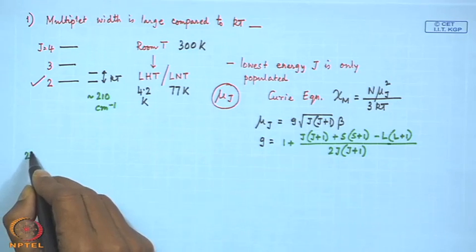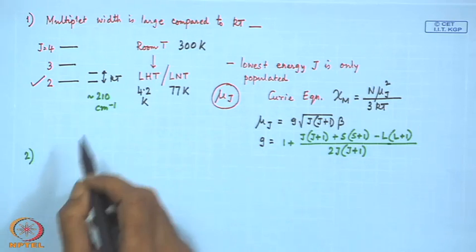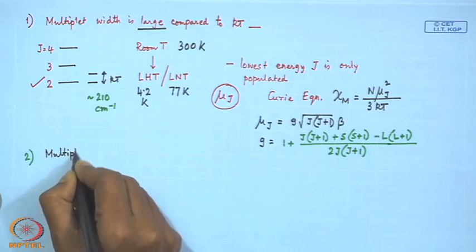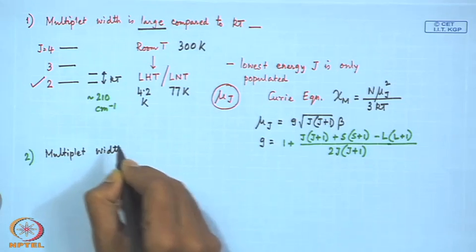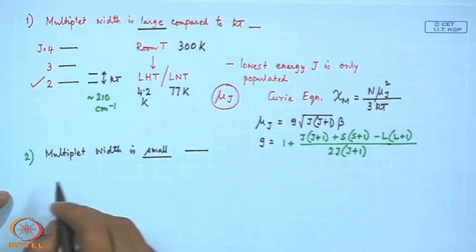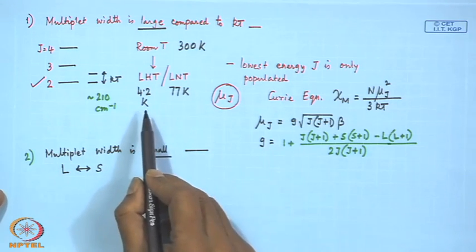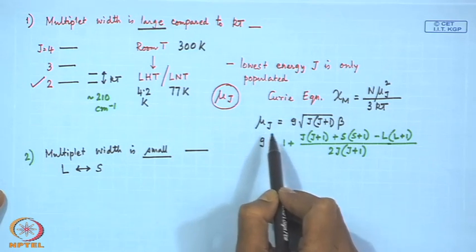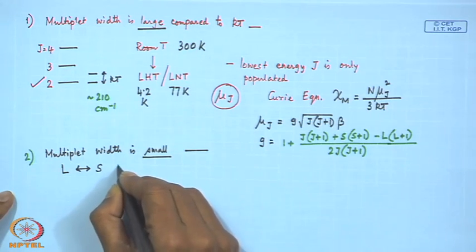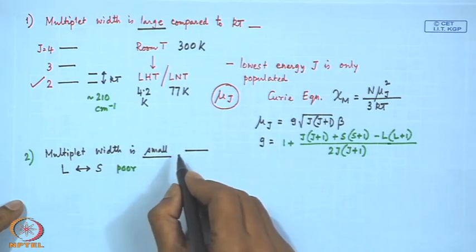So, the second case is the opposite of this particular situation, where the multiplet width is small compared to kT. So, when it is small, the coupling between L and S, so in the previous case the coupling between L and S was strong, so we had J as a good quantum number. But now the coupling between L and S, the orbital moment and the spin moment, is poor,